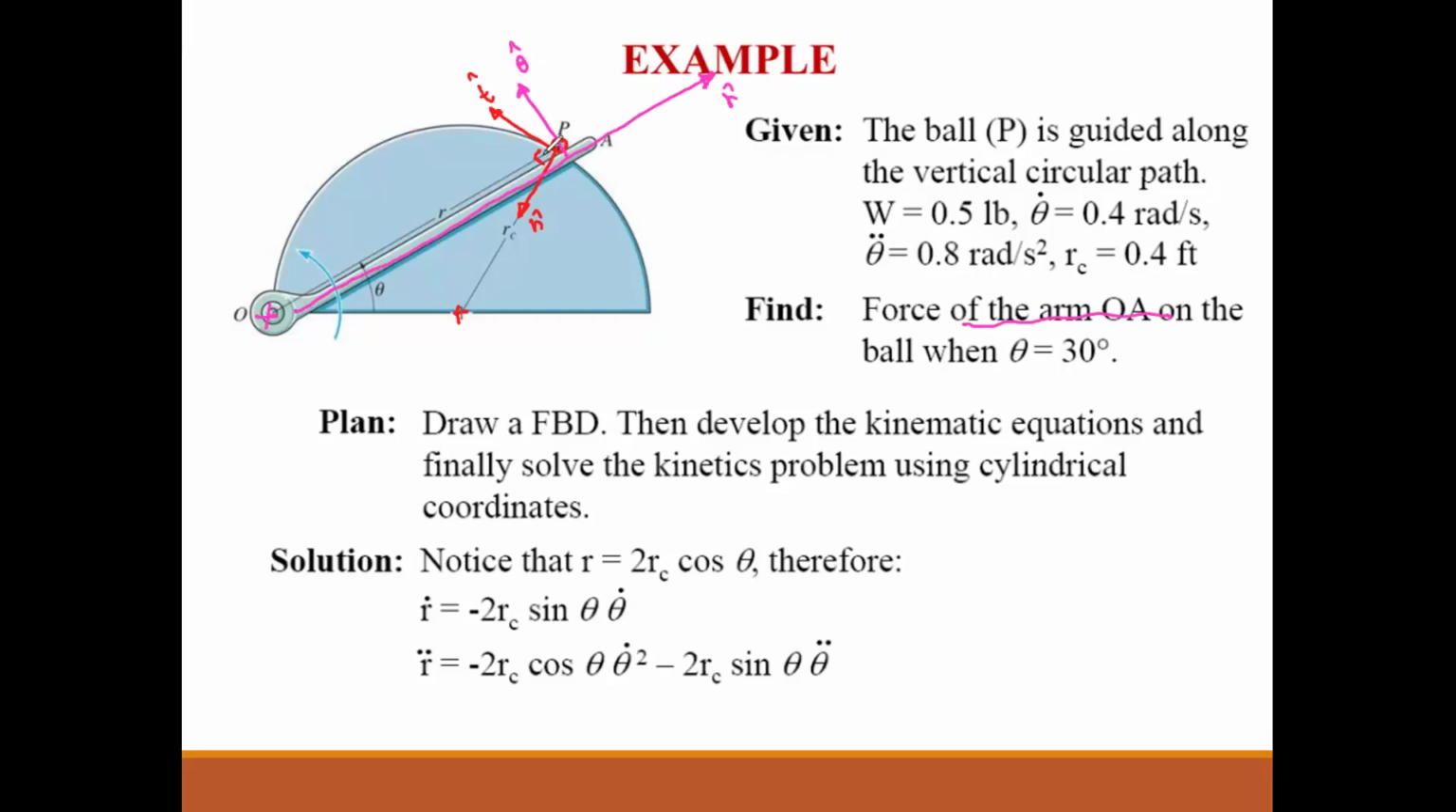Okay. This means that the force that arm OA is acting on the ball is a force here. And it is perpendicular to the arm, right? So then it is in the same direction as theta. So then we would like to find this force that is in the theta direction, not in the normal and tangential direction. So then that's why, and according to